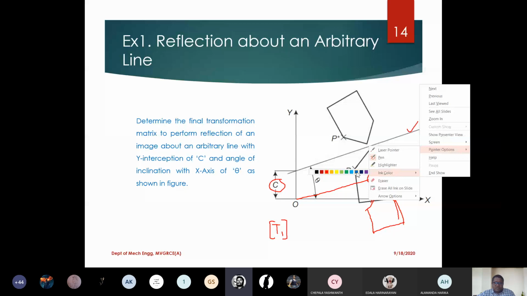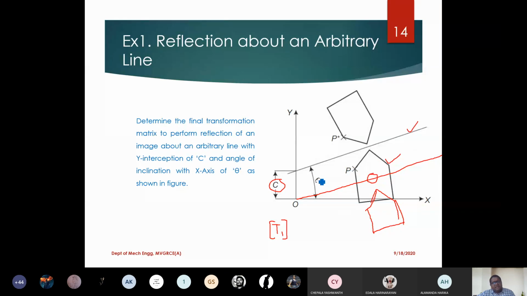Rotation. Rotation by minus theta. So if this is theta, this also would be theta, right? So now I have to rotate it down by minus theta, which I am showing with a different color. In that case, the straight line will match to x-axis. And whenever we are performing these operations, we are performing not only on the straight line but also on the object. We are performing on both. So the straight line is matching to this, and the original object also will come like this.